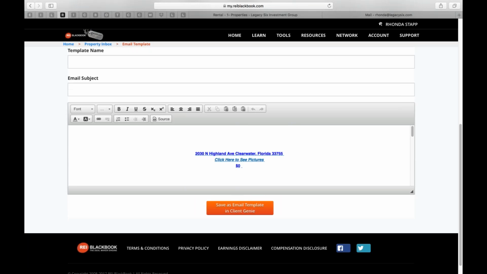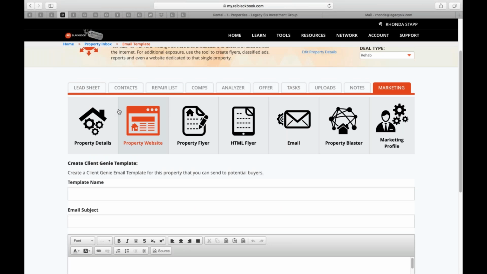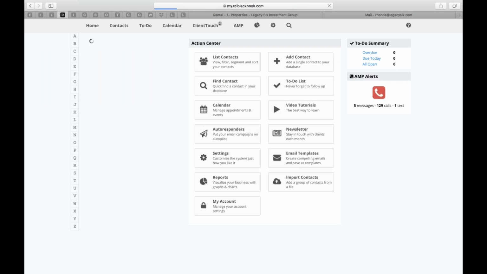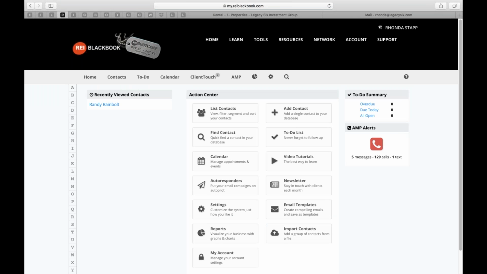Again, all of these other things, the HTML flyers, the PDF flyers, the emails, you add all of that contact right back into your Client Genie, and it pulls all of that together for you. If you want to target a specific audience, say my wholesale people, I've got a wholesale deal under contract, and I want to send it to all the investors in my database who are maybe interested, then I just go to my contacts,